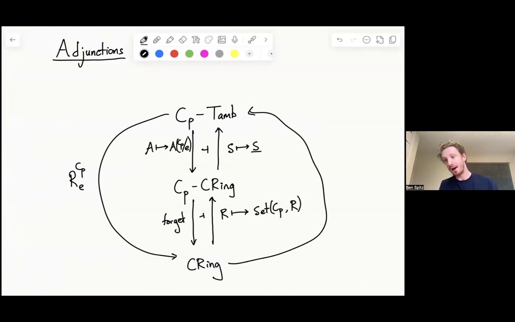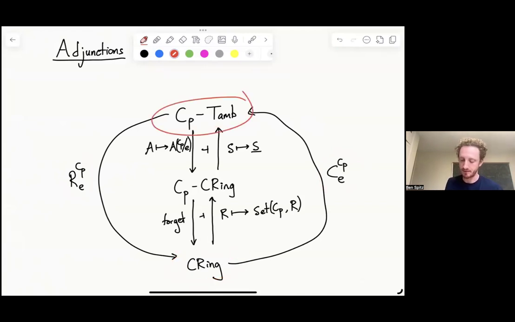And then on the right, I have this construction that I'm going to call C. Okay, and so this says I'm doing my R operation to go from CP Tambara functors to really E Tambara functors over the trivial group, which is just the same as commutative rings. And over here, I'm doing C from E to CP. I'm taking an E Tambara functor, i.e. a commutative ring, and I'm producing a CP Tambara functor. And this guy's called co-induction.